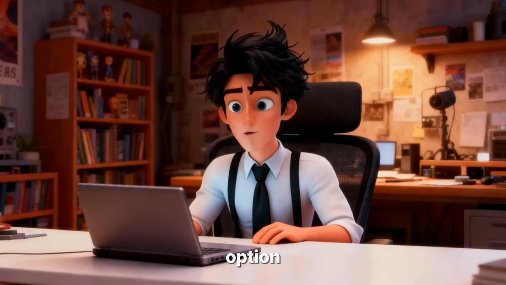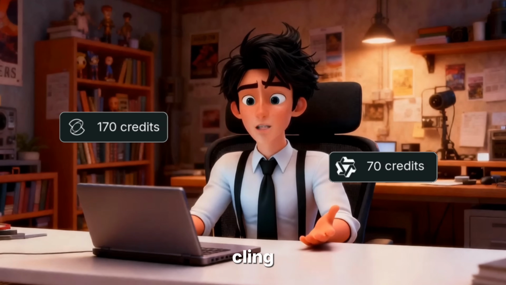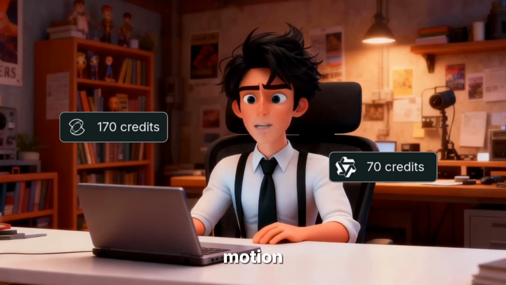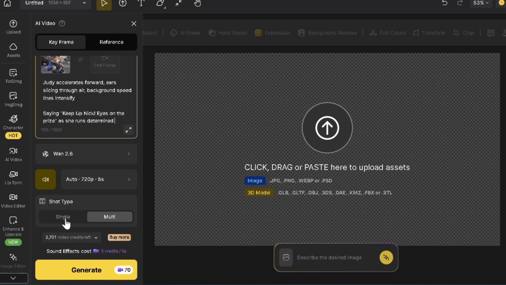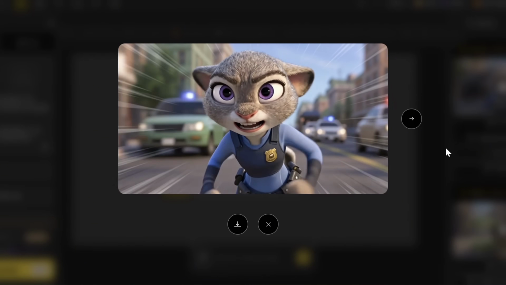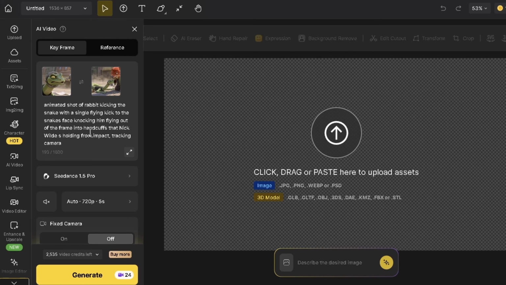A brilliant option for multiple cuts and way cheaper than Kling 2.6, though slightly lower motion and quality. For the second shot, I'll again use WAN 2.6 in single shot mode to animate the dialogue. Great. For the next one, I'll upload 2 frames, starting with a close-up that transitions into a wide shot and